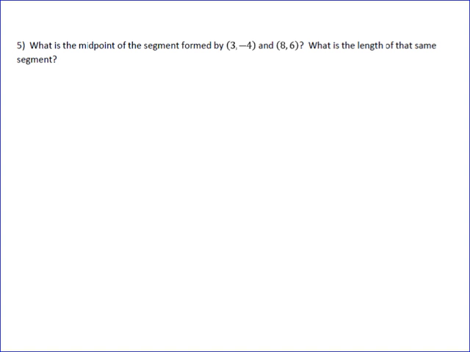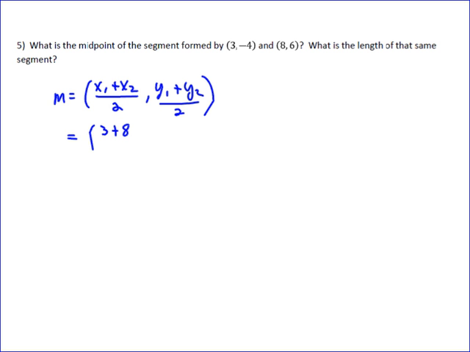Okay, so on this one, we're first asked to find the midpoint of this line, and when we find the midpoint of a line, we use the formula. The midpoint is equal to (x1 + x2) over 2, and then (y1 + y2) over 2. And you're going to plug in your x values, so it's going to be 3 plus 8 over 2, because x1 is 3, x2 is 8, and then for y, negative 4 plus